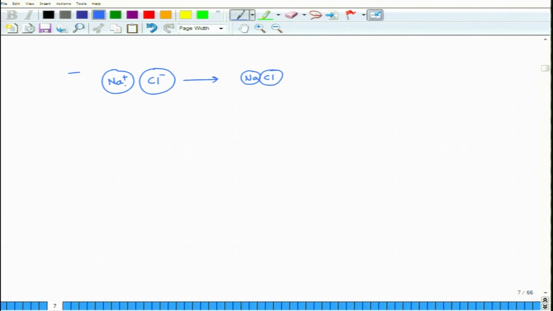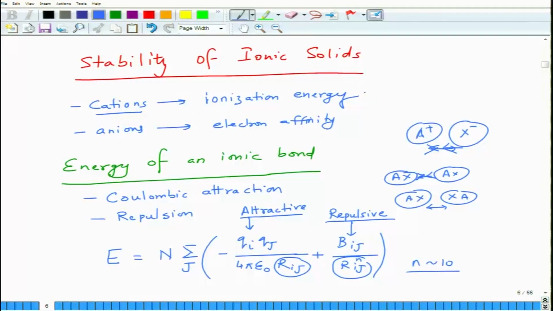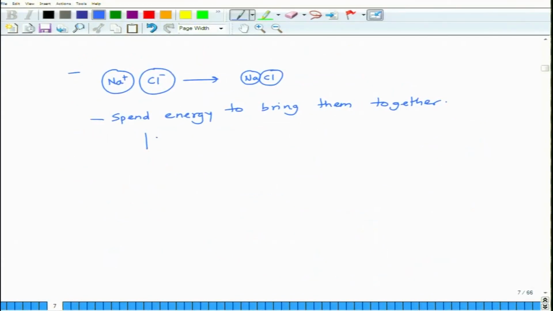So when you bring them together, you spend energy to bring them together. And what is that energy? I wrote earlier, ionization energy, let us say I write it as E_I, and electron affinity I can write as chi_A. So it is the difference between E_I and chi_A. This is the amount of energy I need to spend in creating a bond. And then